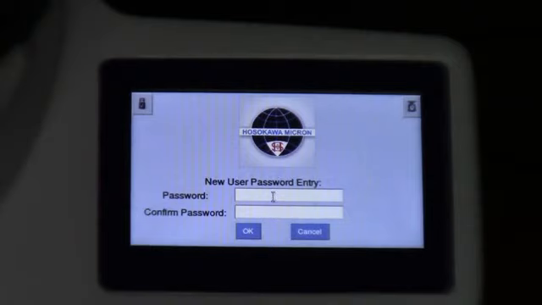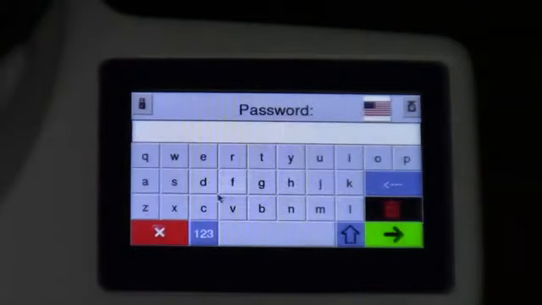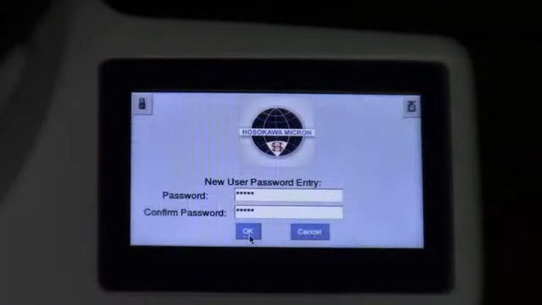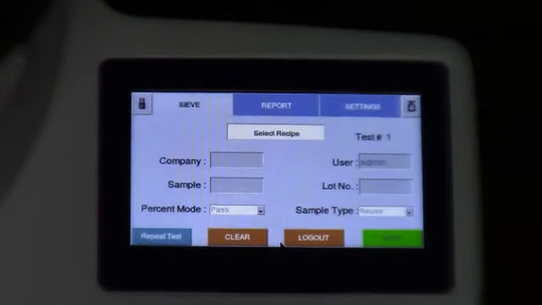Do that once again: ADMIN. Once that has been entered, press OK, and the software will immediately go to the actual pages for sieving, reports,